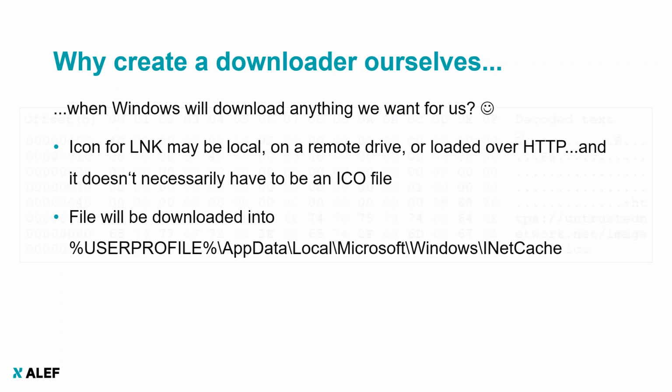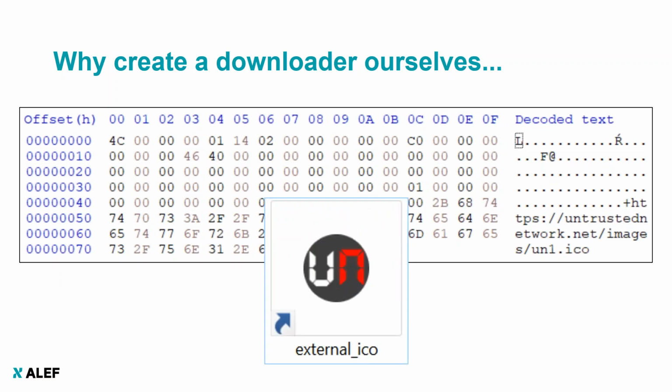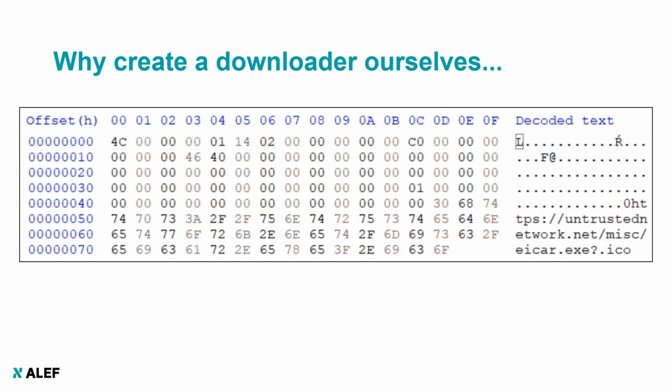An example to show you that I'm not making this up. If we were to create this LNK and send it to our victim, if they were to display it, this icon would actually load on that LNK, even though it's from an HTTPS server, which is remote. Now, where the beauty comes in is that we don't necessarily have to download ICO files. The path, the URL or, excuse me, UNC path has to end in .ico, but when we are initiating an HTTP connection, we may put the .ico as a parameter, as in this case. So in this case, if we were to craft this sort of LNK, zip it, send it to our victim, and were they to unzip it and access it,